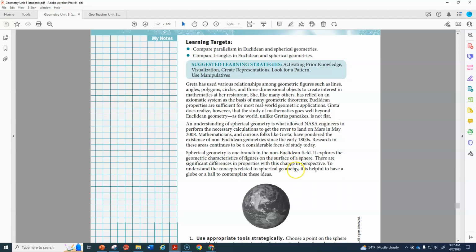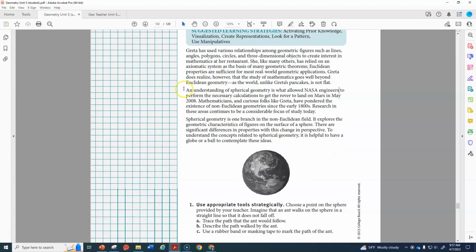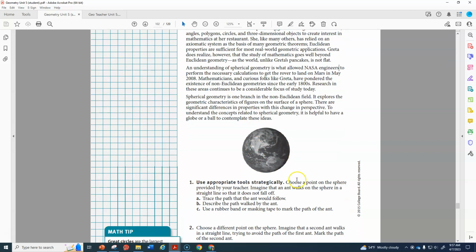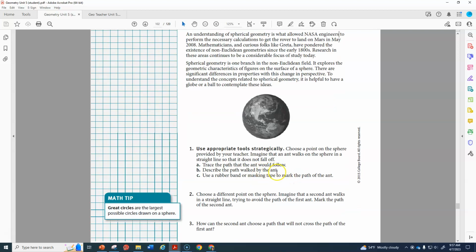When you start looking at different types of geometries, we call it non-Euclidean, it's like a dividing line. Euclidean means a flat surface. Non-Euclidean means it's some other surface. What other surfaces can you have? There's a bunch of them, but spherical is the next one. You've got different definitions and different properties that take place in spherical geometry. For example, if you imagine,